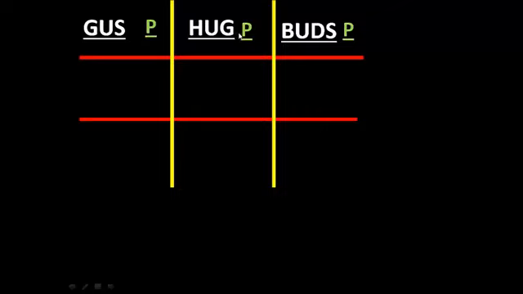To learn it in an easy way, we're going to say that this region is going to be symbolized by a sentence called Gus hugs buds. So Gus, who's a guy, is going to hug his buds together with 3 P's in all the regions because we're going to have a pancreas. Easy, right? Okay,